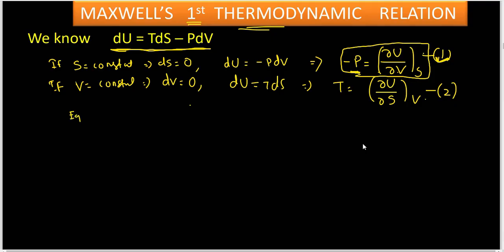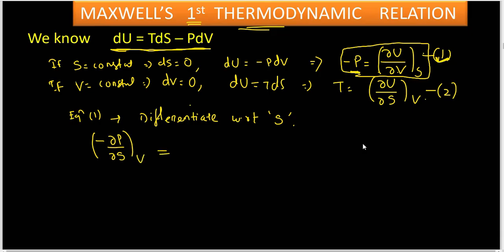So from equation 1, we differentiate with respect to S. So what will we get? Minus del P by del S at constant V is equal to,